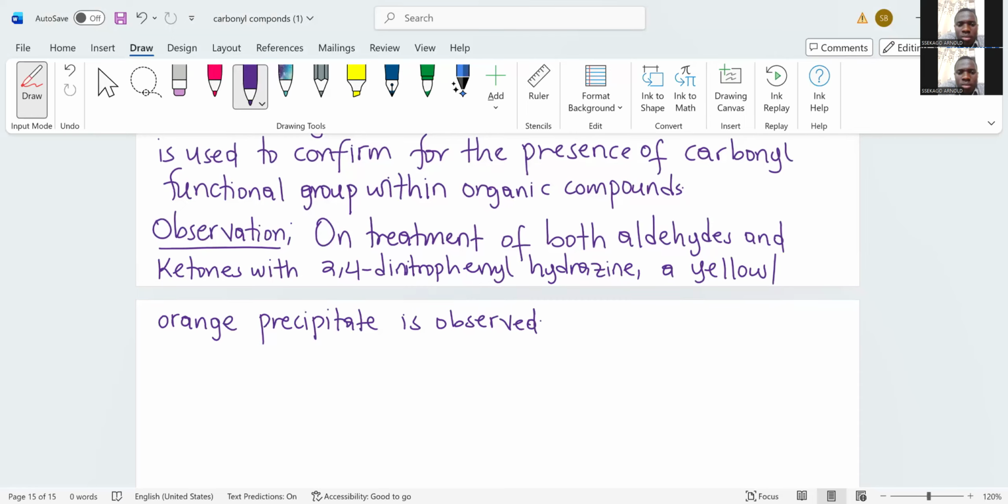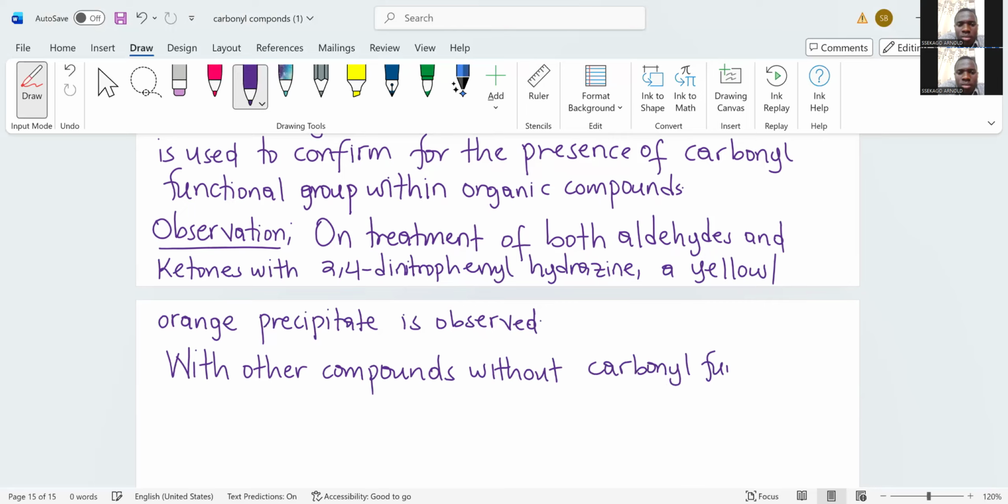Then with other compounds without carbonyl functional group,